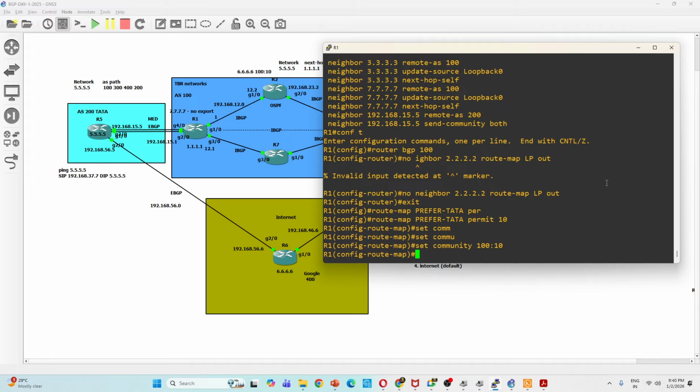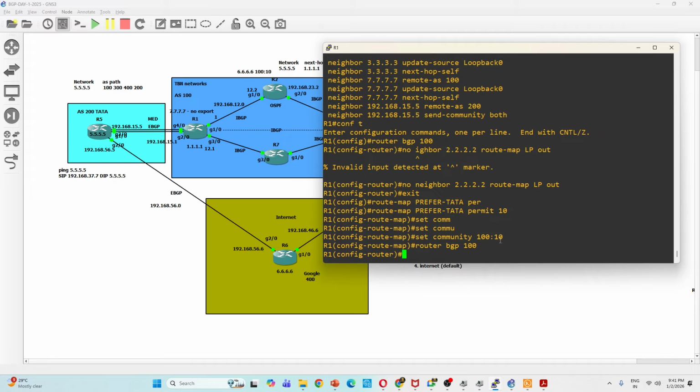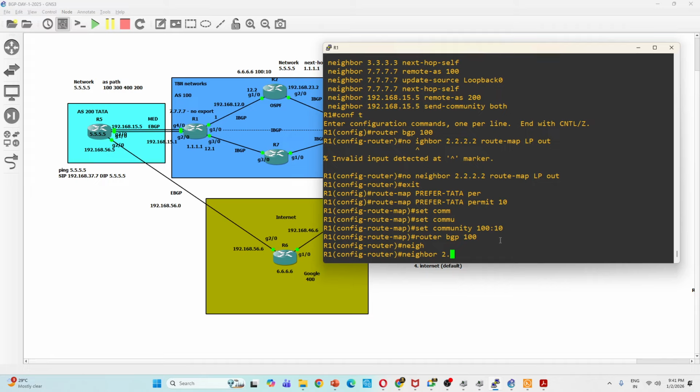Okay. Is it clear, everyone? I'm just setting a community 100:10 in the route map. Now what we have to do? We have to tell 2.2.2. Go to router BGP 100. Listen carefully now. I'm on router BGP 100. I'm telling my neighbor, hey neighbor, 2.2.2,